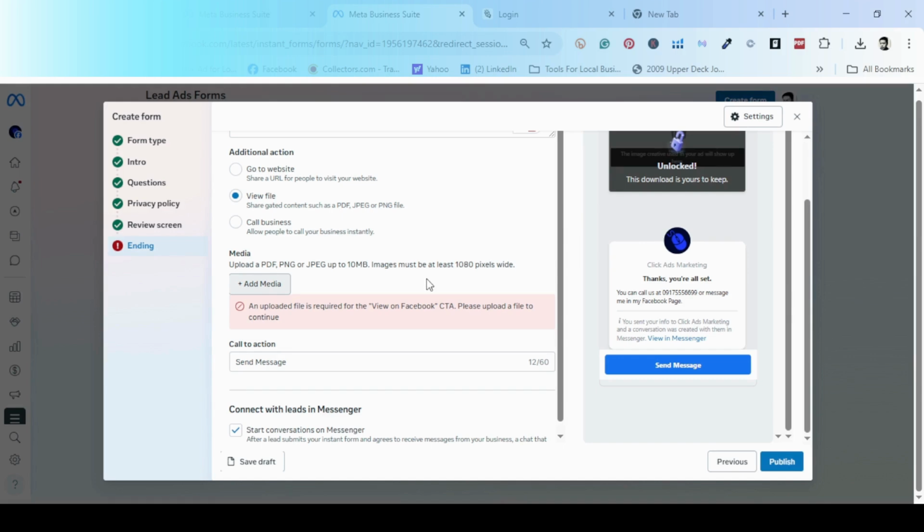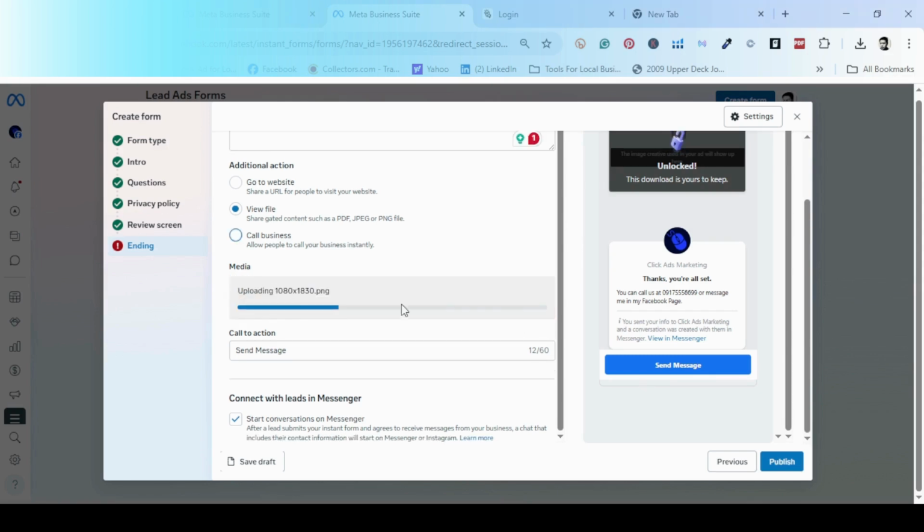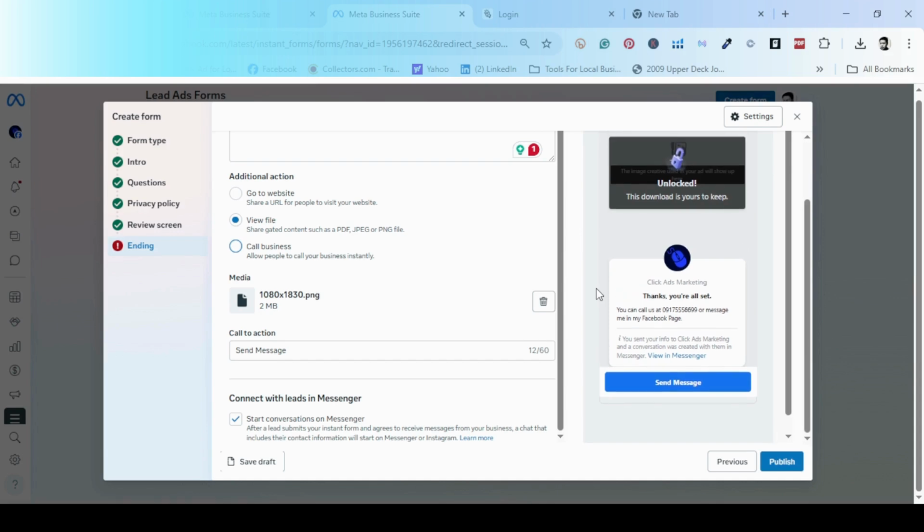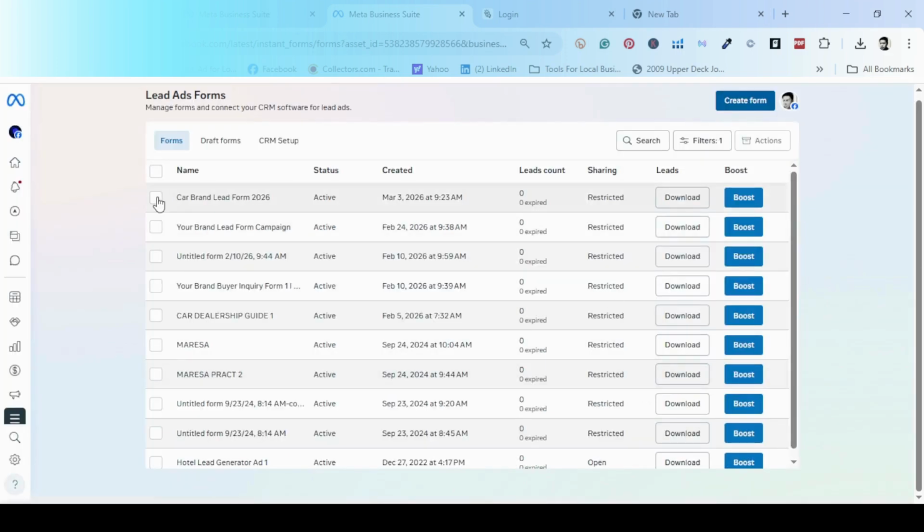Let's add some ad media for demo purposes. There. Now let's click publish. This will be your lead form for demo purposes. The car brand lead form 2026. Now after running your campaign ads, you can download all the gathered data from your